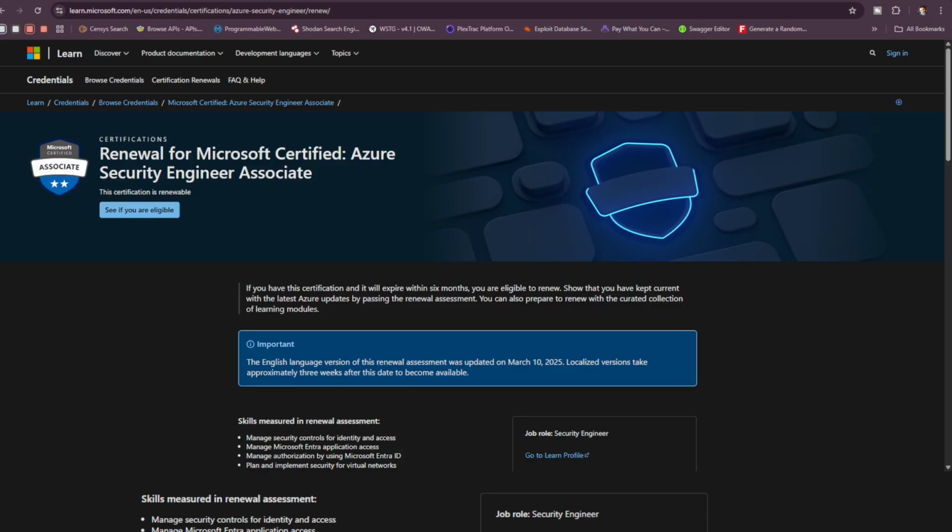Next, how do you get started? Like always, especially for those who are trying to change their jobs or careers, how am I going to start? You have to have a roadmap, right? So if you are new to cloud security, just follow this structured roadmap.